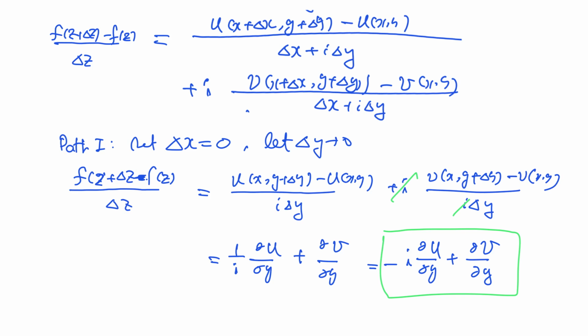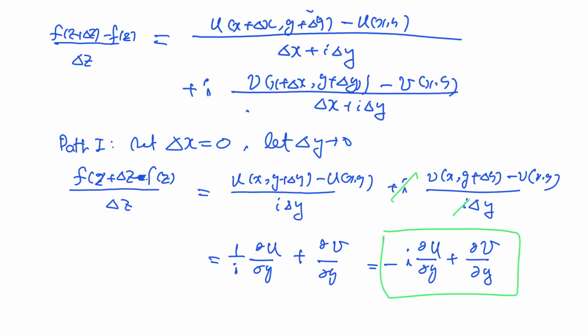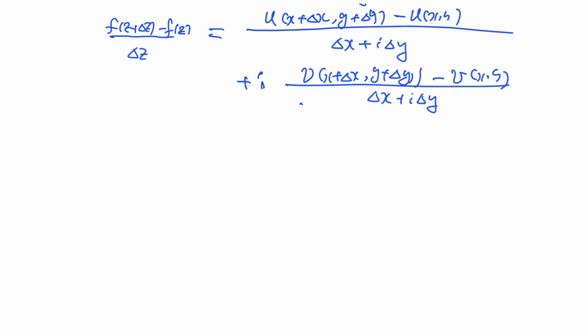Okay, I'll make a copy of this again. Copy and delete. And next page. This is path 1. Path 1 and path 2 should give the same result, right? And for path 2, we set delta y equal to 0 and let delta x go to 0. Then